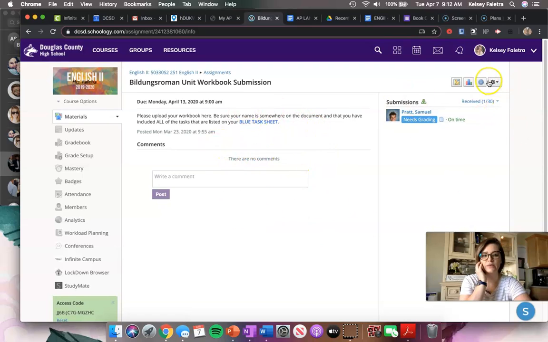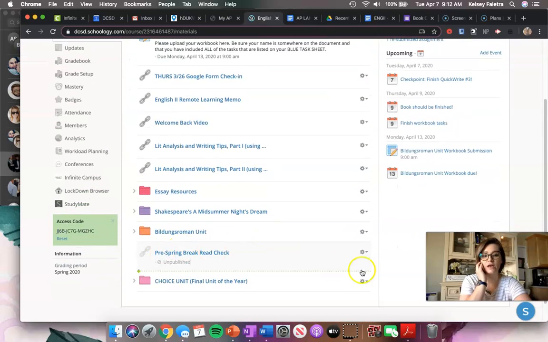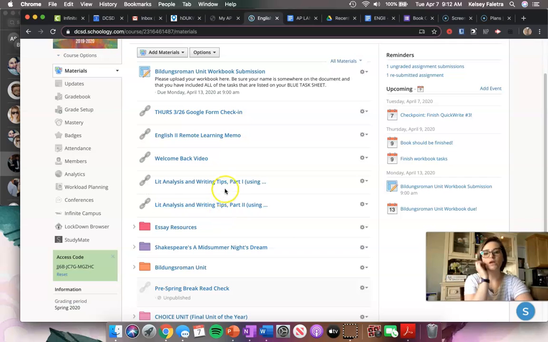I don't know exactly what it looks like for you guys, but I'm sure that there's like a submission button. Looks like Sam Pratt already figured that out, so maybe you could ask him what your screen looks like. This is what the resources look like for me, so you guys pretty much see all of this except for